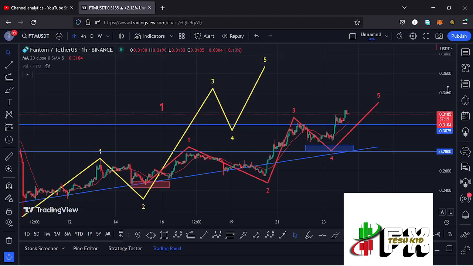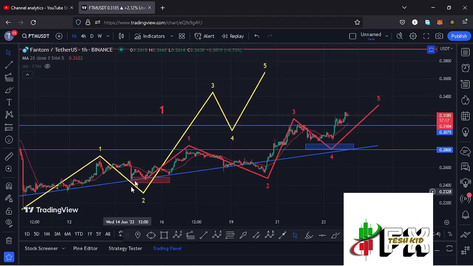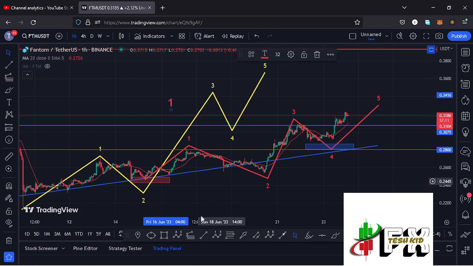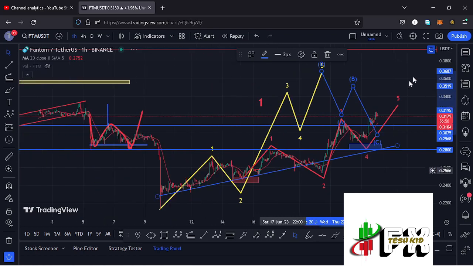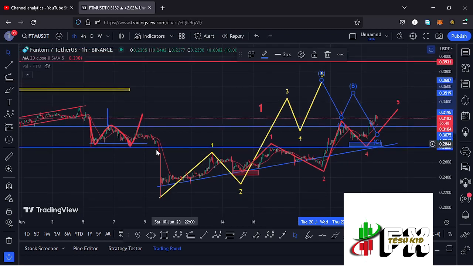And once Fantom is able to complete a 5 wave structure to the upside, then we can name that a higher Elliott wave count 1. Then afterwards, we can expect a bit of an ABC corrective structure on the charts before we can continue gearing up. And once you see that complete 5 wave move to the upside followed by an ABC corrective structure, that will be confirming to us that we have started a very impulsive move to the upside,